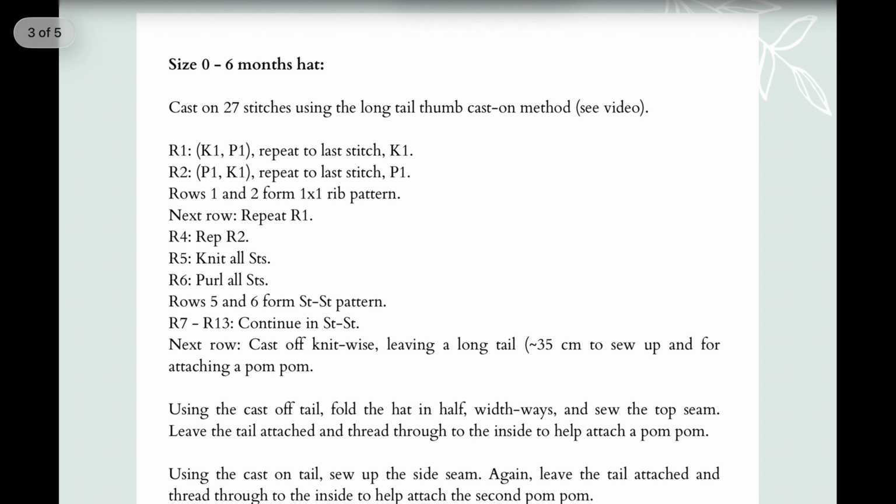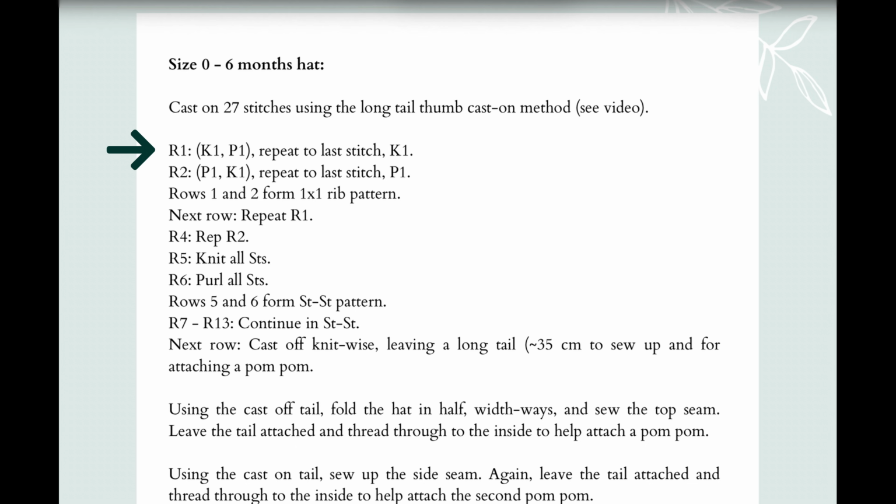So after this cast on, where I've said 27 stitches, some might say 30 stitches, 31 stitches, depending on the size. And you'd have to alter it to use the required amount of cast on stitches to make the size that you need. But I've broken it down here so it's much simpler for beginners. So hopefully that helps and gets you into reading knitting patterns. So I've said the type of cast on method that I've used as well, and then going into R1,